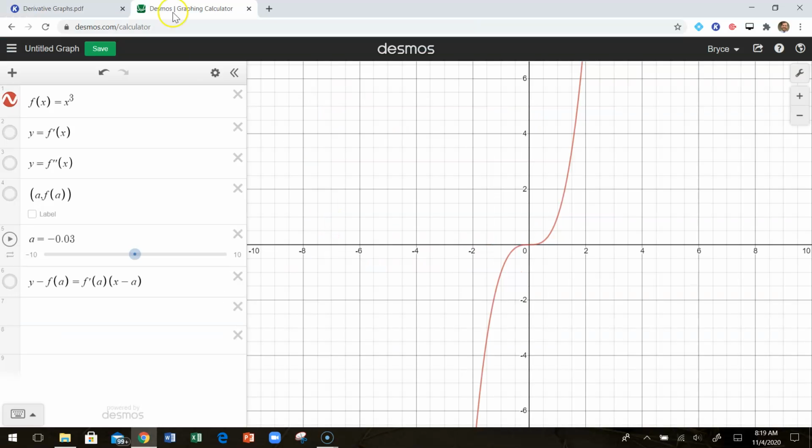So let me show you in Desmos something I've created here. So we have a function, and I'm just using x cubed. So this is my original function. I'm going to put on here a point that I can move that just follows this function. So if I just move this slider, it's going to move that point along the graph. But then I've also written here in point slope form, this would be the equation of the tangent line given whatever a would be. So if I graph that,